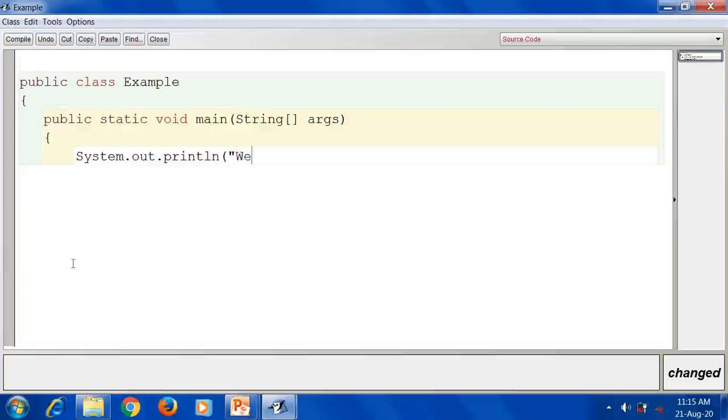So let me print one simple sentence. I'll write "welcome to world of Java". So this is a sentence. End the sentence with a semicolon, close that curly bracket, then close the main class curly bracket. So let us compile this.